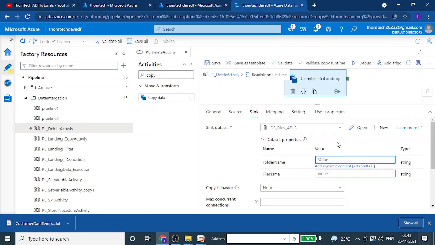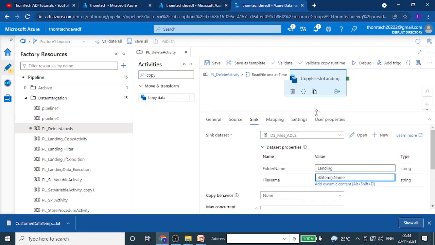Click on landing, and give the file name as the same file name that we are using in the property. Sorry, I have some issues with my keyboard. You can see I have given the file name within that iteration. Now this is what my file name is going to look like. Suppose whatever file you are moving from source to destination, you want to add a UTC time to it. If that is a requirement, then you can definitely make use of this dynamic content.